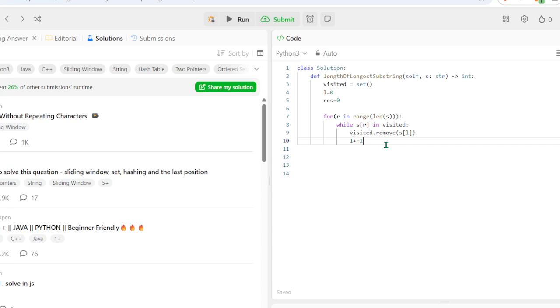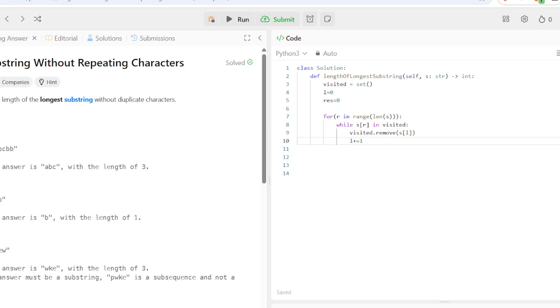So let me just draw this out. So if L is here, let's just say we go to this first step. L is here. L and R. We pop S at L from the set and then increment L here.